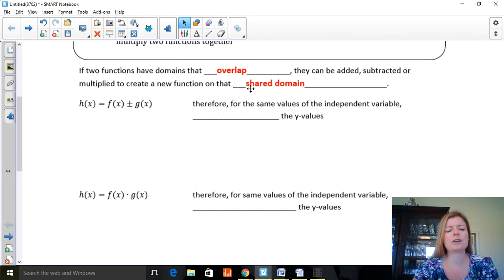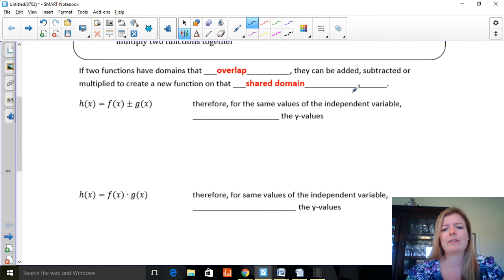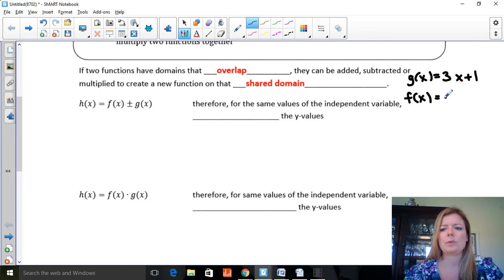Okay, well, if two functions have domains that overlap, they can be added, subtracted, or multiplied to create a new function on that shared domain. So, for example, if we have, let's say, g at x equals 3x plus 1, and f at x equals root x, we can create a new function, h at x, where we add them together. So we would have 3x plus 1